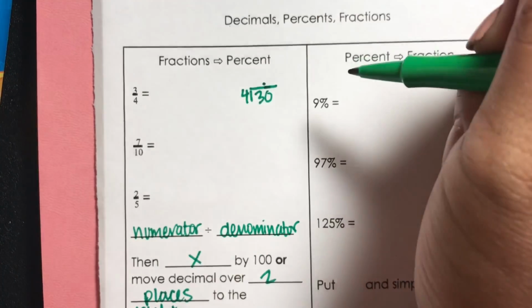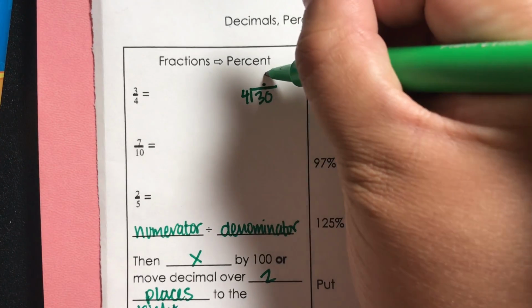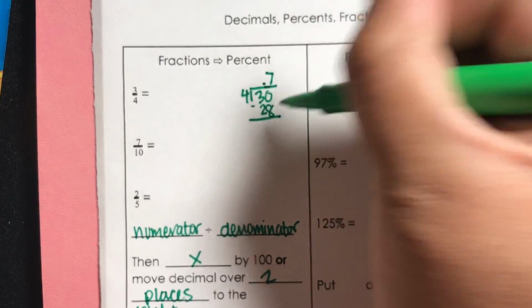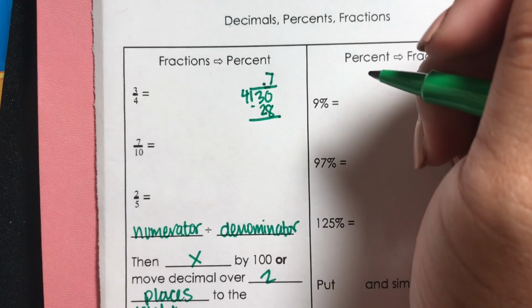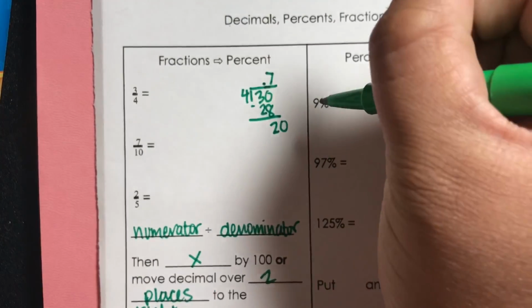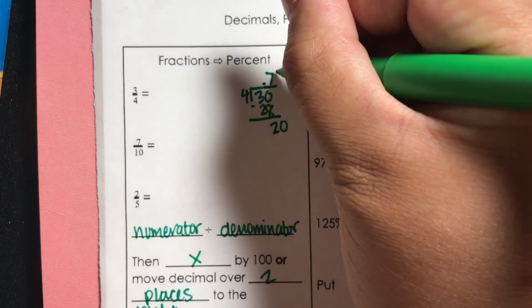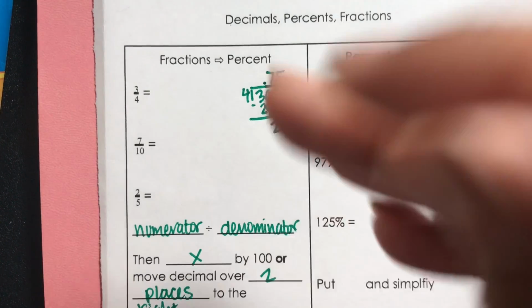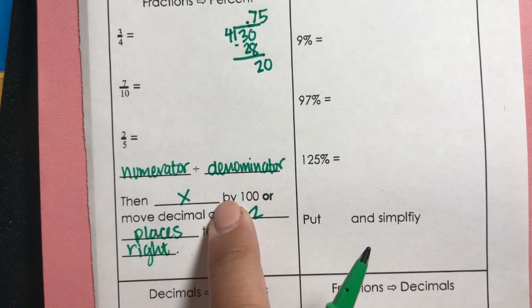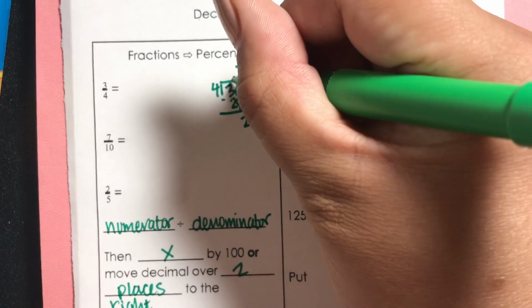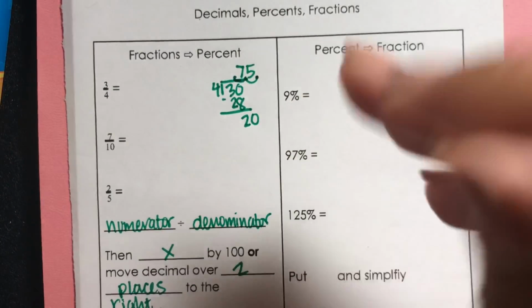So then 4 can go into 30 7 times. 7 times 4 is 28. 30 minus 28 is 2. Then bring down another 0. 4 goes into 20 5 times. So it's 0.75, but to turn it into percent, remember we have to multiply by 100 or move the decimal over 2 places to the right. So if we move the decimal over 2 places to the right, we have 75. So that's our percent,